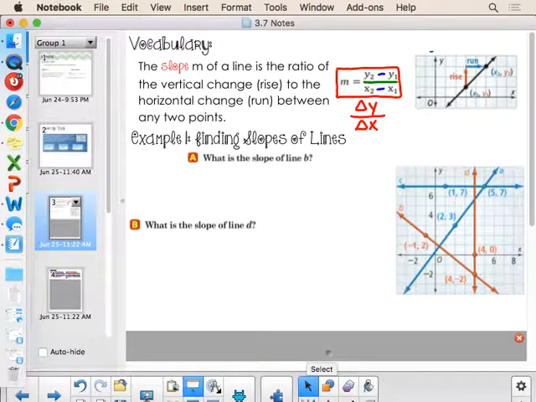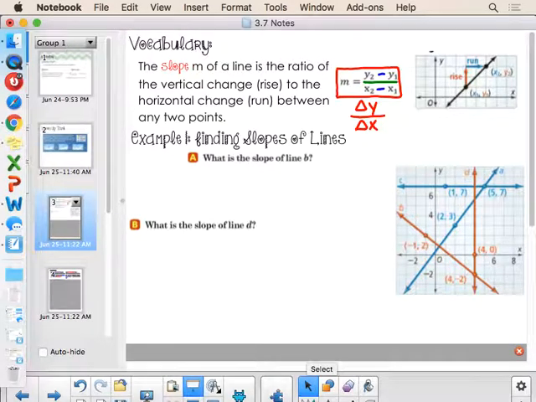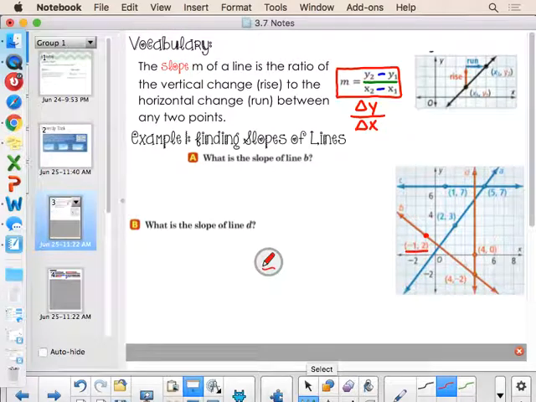Here is our first graph, and we need to identify two slopes. One of those slopes is the slope of line B. I notice on line B I have two coordinates: one at -1, 2, and I also have a coordinate of B located at 4, -2. To find the slope, represented by the variable m, we need to find the change in y over the change in x. That little triangle, by the way, is just our symbol for delta, which just means change.